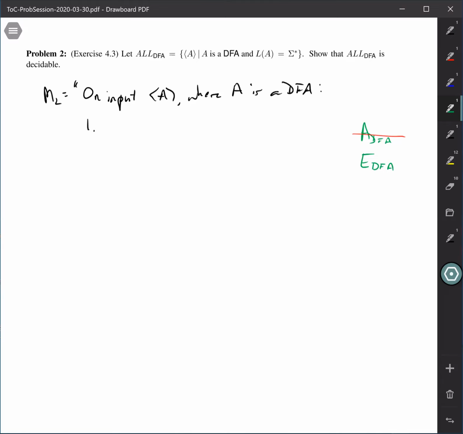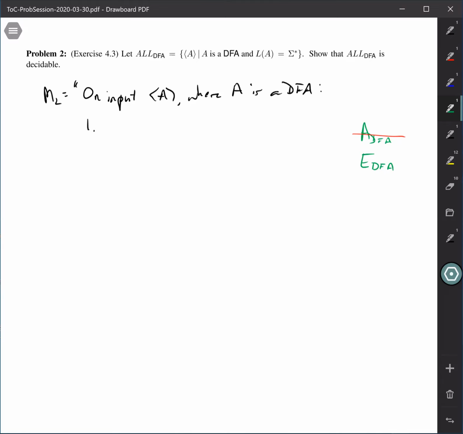In other words, whether the DFA rejects everything. So is that a question about a language as a whole or one string in the language? Good. So now we have a known language with a known algorithm, E sub DFA, that can tell whether a DFA rejects every string